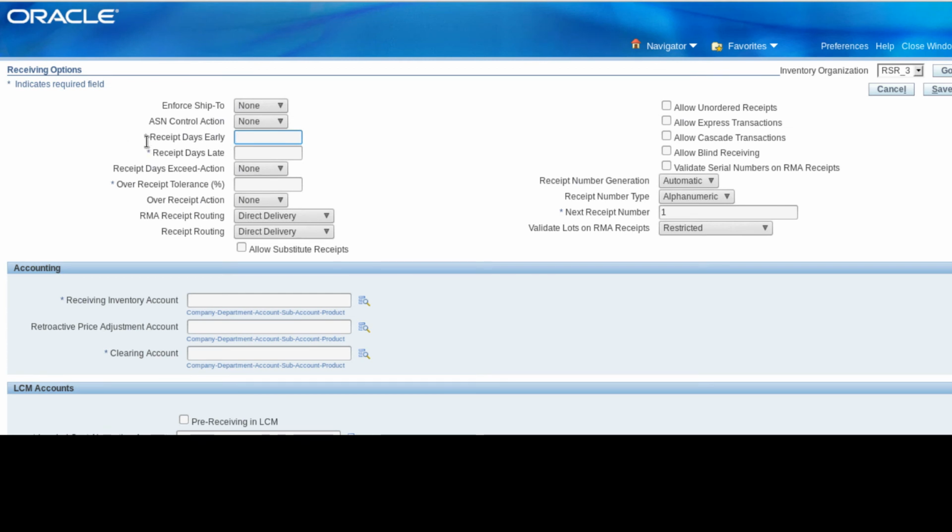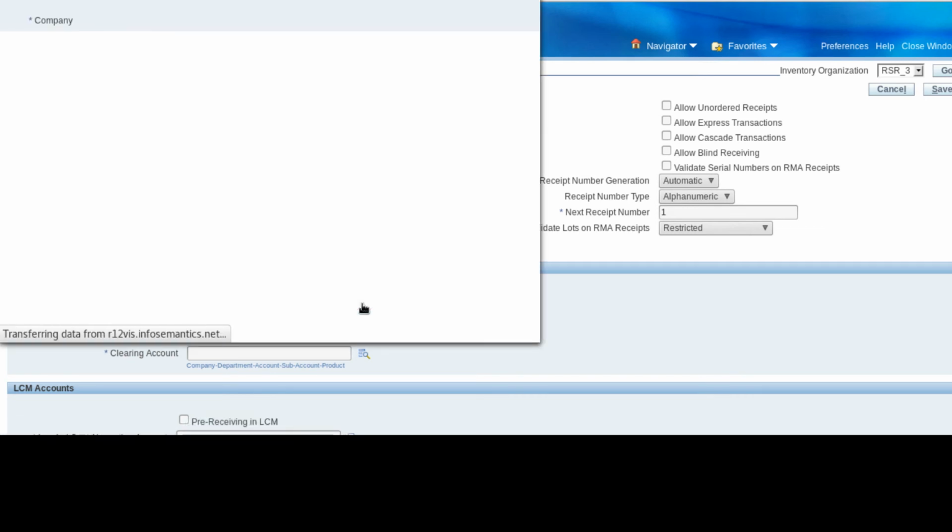So the values marked with a star are required values, that is, these star values are actually presented to you in yellow fields, and the non-star values are white fields. Actually the receipt is early. Let's give it some random value. For tolerance ratio, give something like 4, and you have receiving inventory account, right? So let's give it a value. I have already entered this value earlier, that's why it's showing as autofill. So if you don't have that, you can search by this window over here,